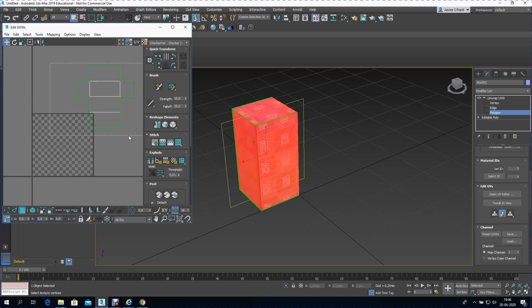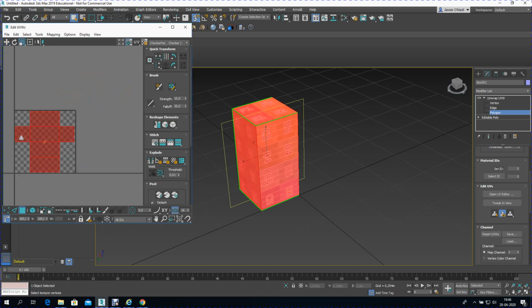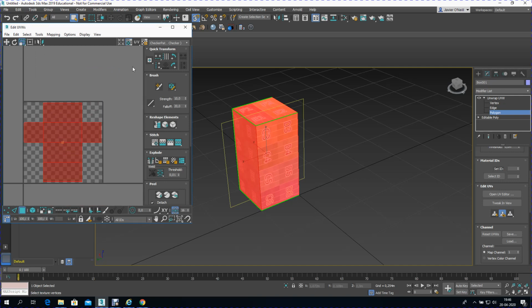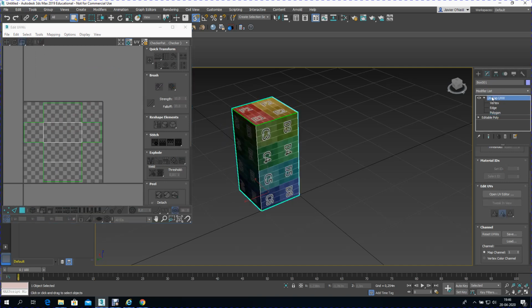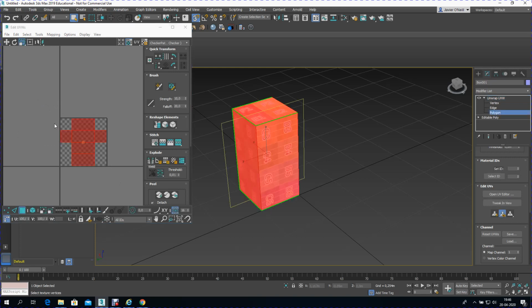Drag, select it all, move it within the UV space, and scale it. As you can see now, that would be the UVs for that. So let's say we're going to take the UVs and map it into one whole space. So let's take those polygons right here